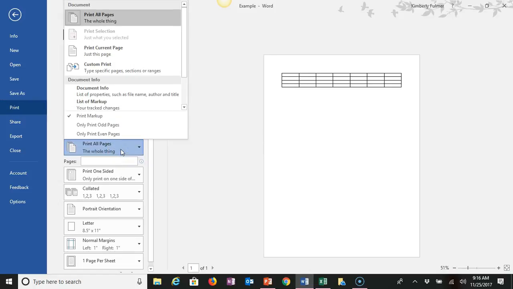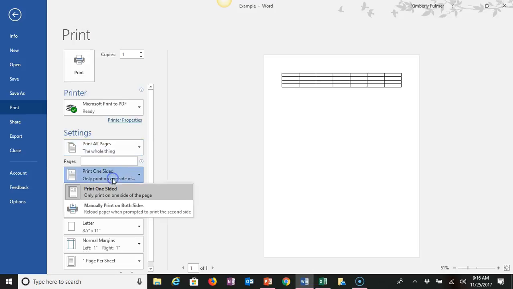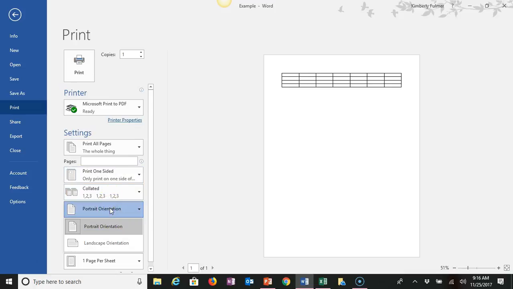You can change that to specific pages, just the current page. You can print one-sided or manually print on both sides, depending on what printer type you have. You can choose how it's printed, whether you want all of page 1 printed in one group and then page 2, or if you want it printed 1, 2, 3 and then 1, 2, 3 if you're doing multiple copies. Of course, your portrait and landscape orientation, the size paper that you want to use,